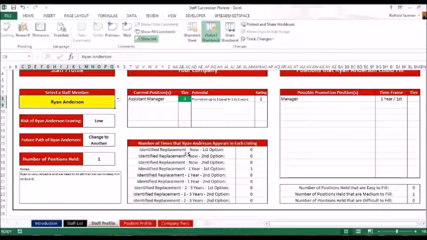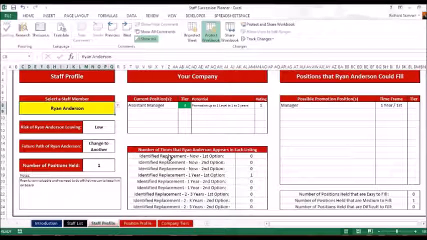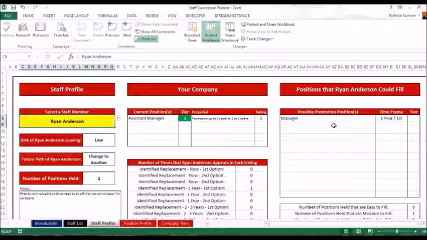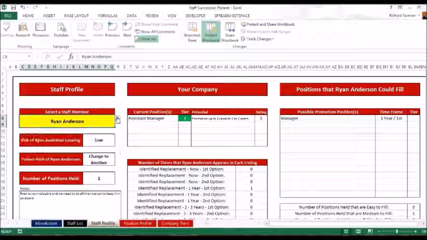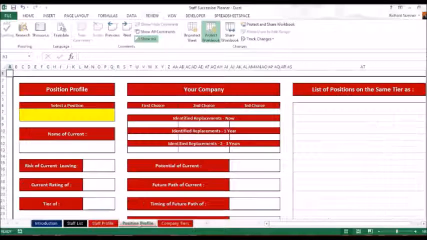And here you've got obviously what his potential is for each of the listings. So each of those identified replacements, where does he fall? And he falls in one of them in the first year option. You can see there that it's manager. And you can obviously select any staff members here, and it'll give you their respective details. Position held, if you click on here, position held,